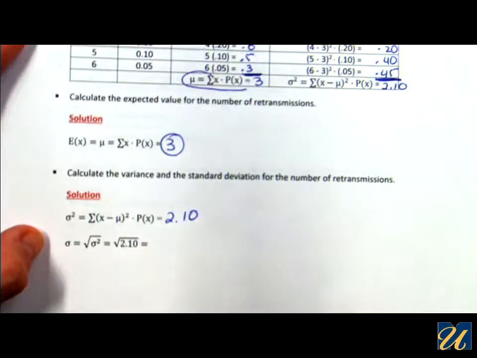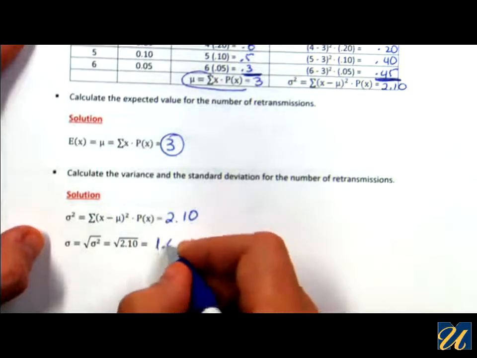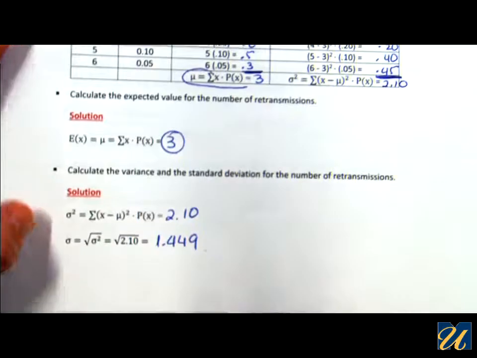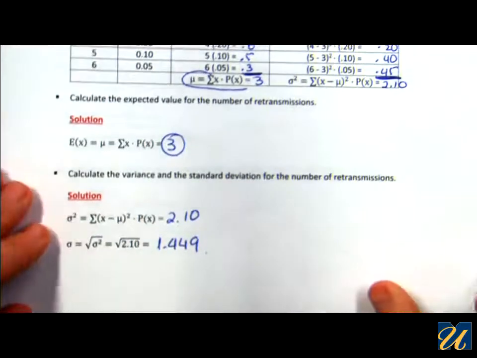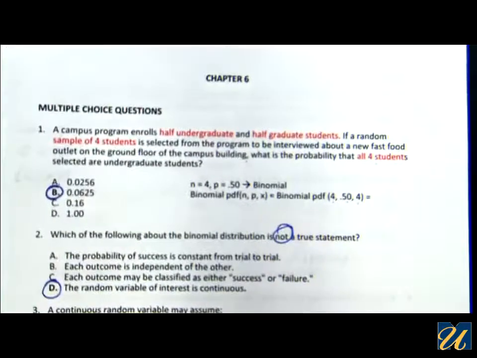Therefore, the standard deviation, the square root of your variance, which will be 1.449. And this concludes the exercises for chapter